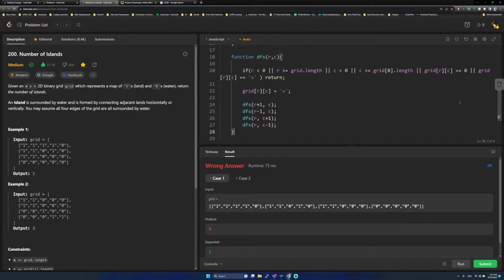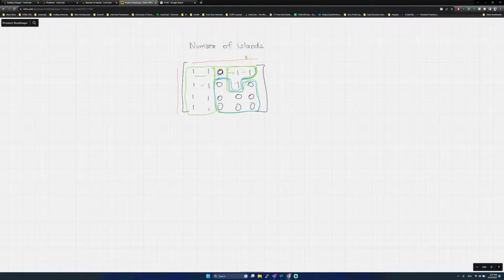That's what I meant. So we are doing this DFS for all of them. Then it should be going here, converting this guy to X. So my algorithm, if I show it to you in the whiteboard,